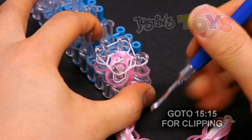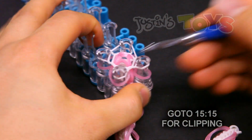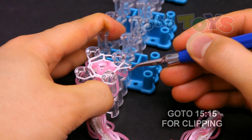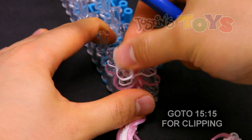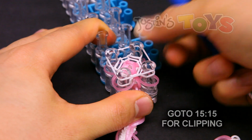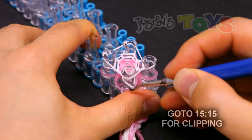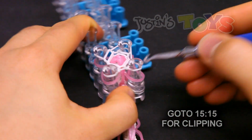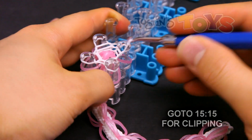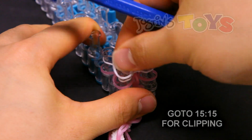2, 2, 2, 2, push down, grab another white, 3, 3, 3, 3, push down, grab another white,